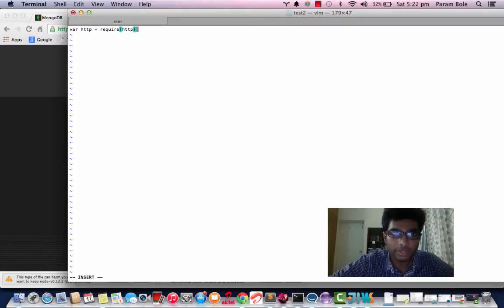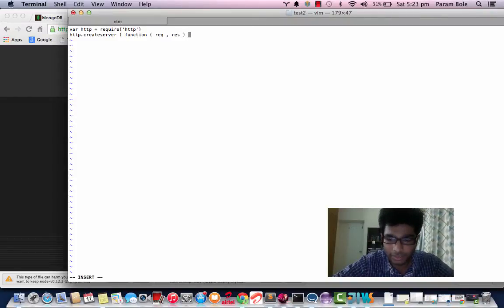What require is basically like including this library. So we are going to tell that we need HTTP. Now we are going to use this object to create a server, and we're going to write a callback function. A callback function is a type of functional programming that is very famous in JavaScript, which helps you call a function only when a particular job is done. So this function will be called,